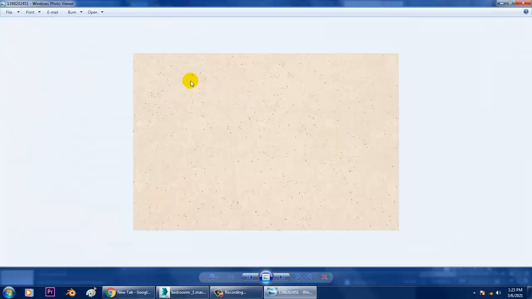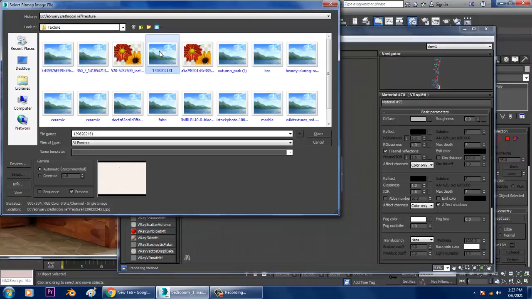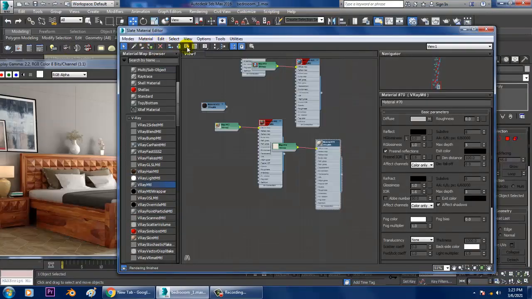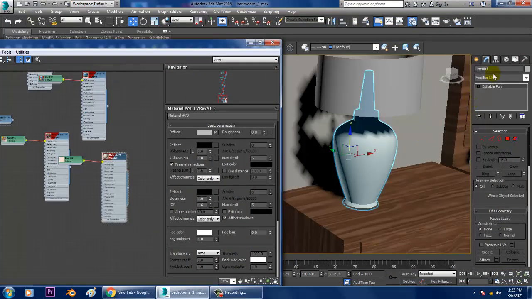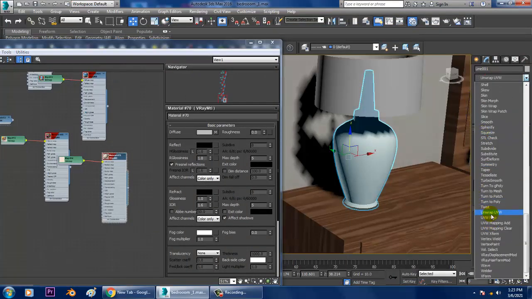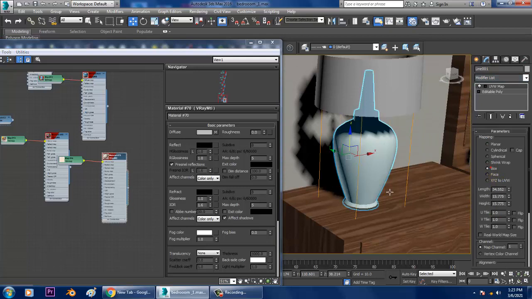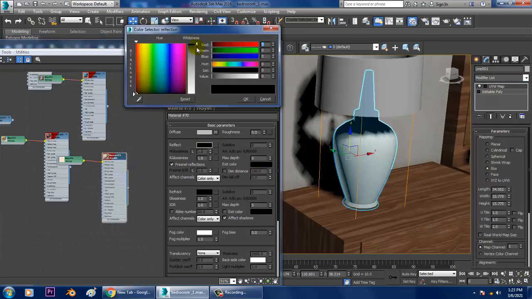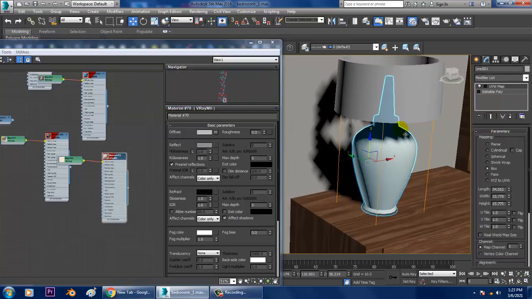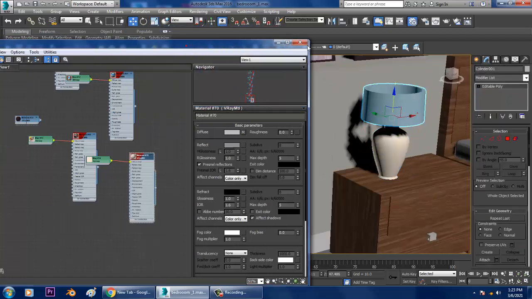You can just preview this. Just assign this over here, give a UVW map, and you can give a bit of reflectivity.